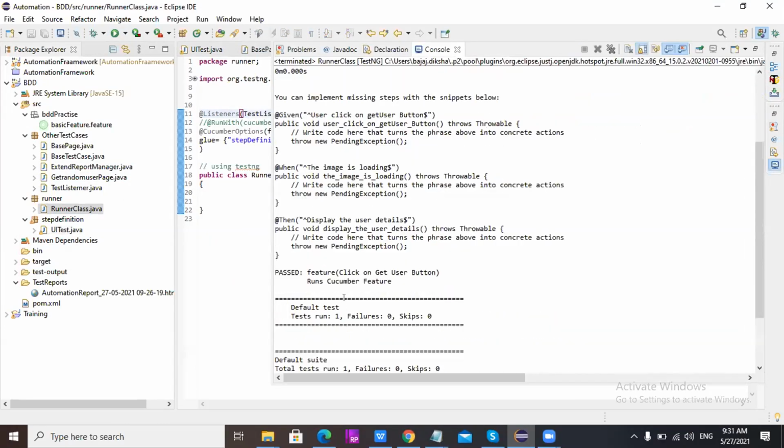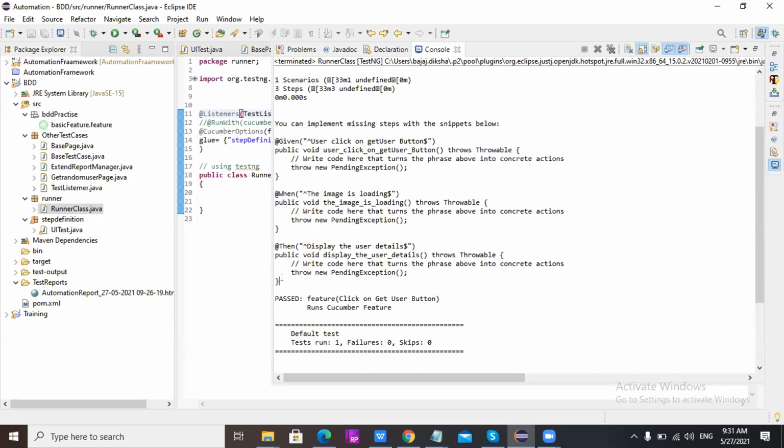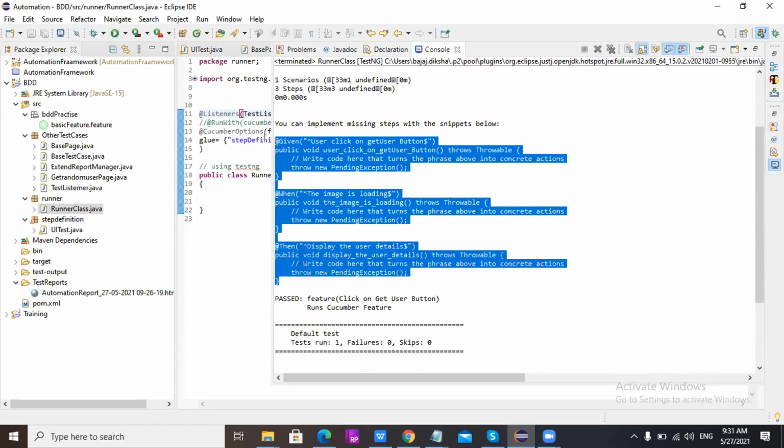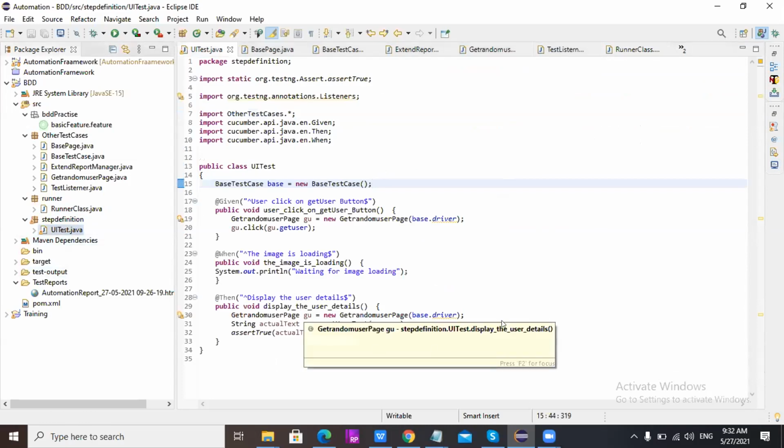Go to the runner class now. Okay, see the BDD practice basic feature file, then go to the step definition. The spelling is incorrect. You can see the package name here, and you can see the package name in the runner class.